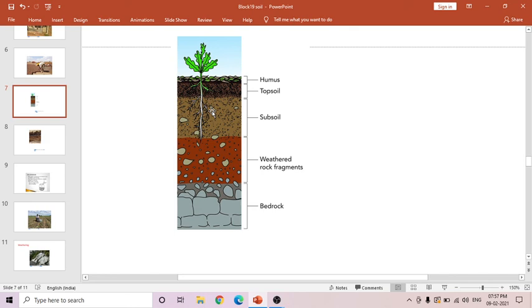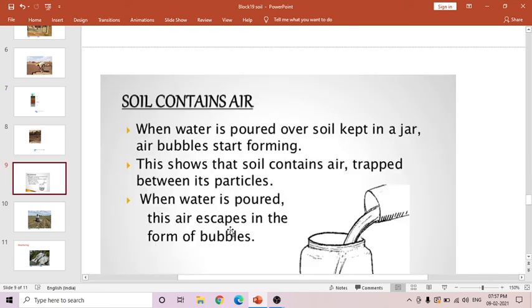Okay, now once again we will evaluate what you learnt in today's class. We did 2 experiments to prove that the soil contains air and soil